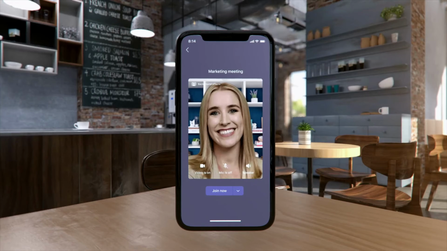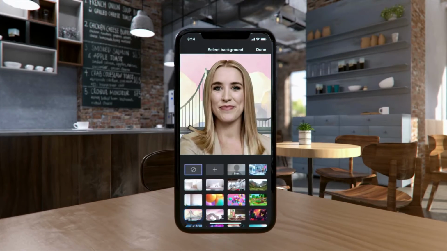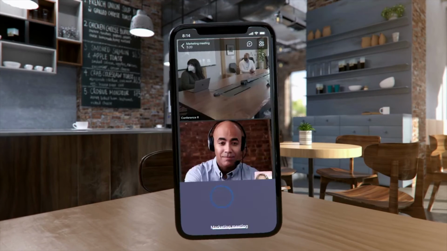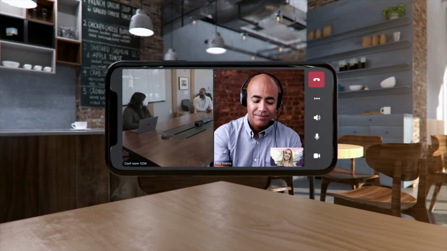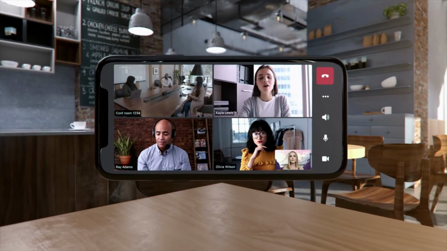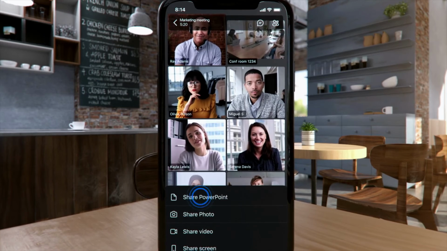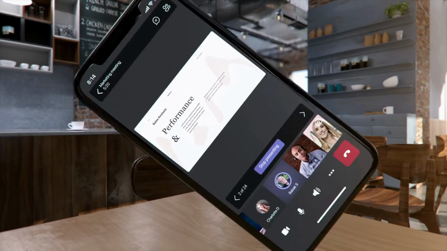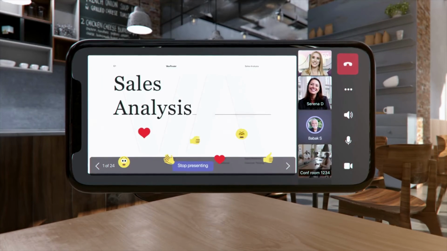As travel returns and we're all able to get out more, Teams meetings will bring the same rich capabilities you see on desktop to mobile. With custom backgrounds, you won't have to worry about where you're joining the meeting from. Dynamic View lets the screen automatically adapt to show attendees and content. And you can confidently present with PowerPoint Live in mobile just as you would on desktop. When sharing, you'll be able to see live reactions from other attendees and share your own.